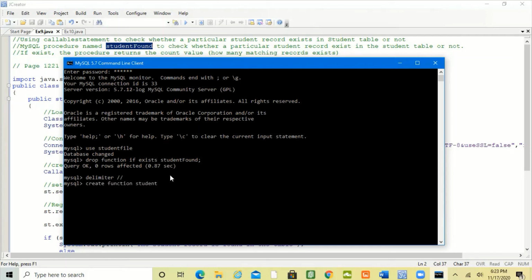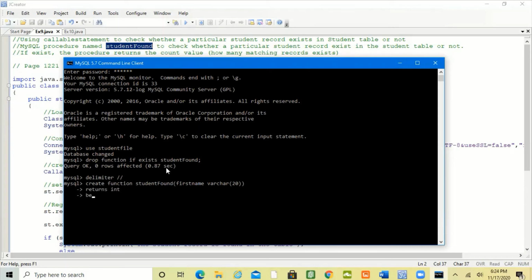The name of the function is student found. It has a parameter called first name, the data type is varchar(20), and close it. And this procedure is going to return a value, so it returns an integer value.